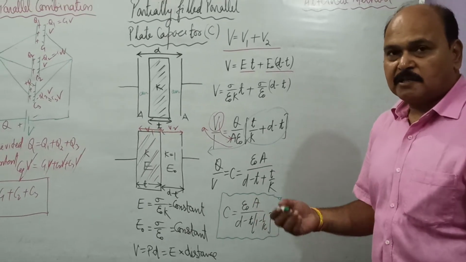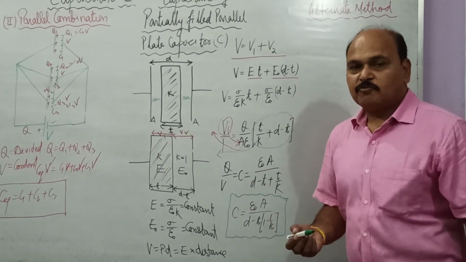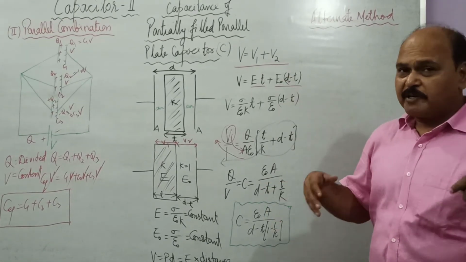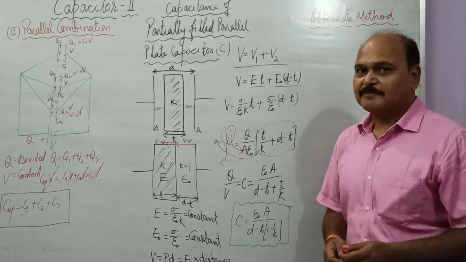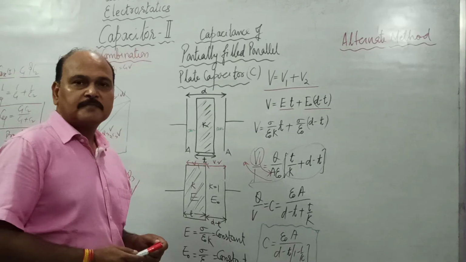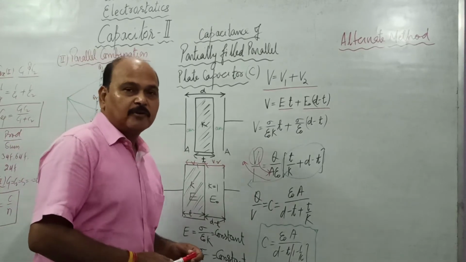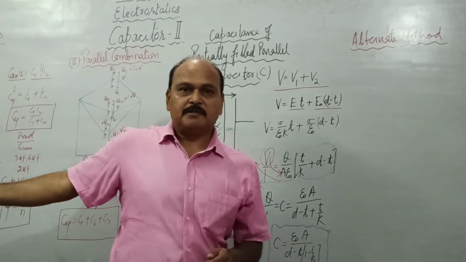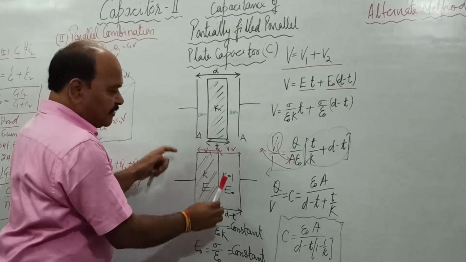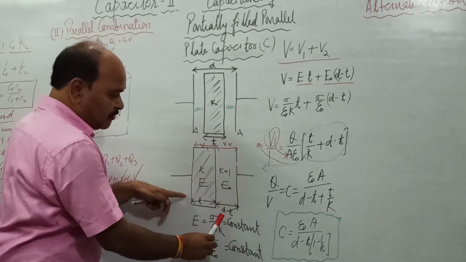Well, there is another way we can work it out. So what is that? Alternate derivation. I hope this derivation is clear, but there is one very simple derivation which you can work out, since you have just learned series and parallel combination. In this alternate method, we are going to use the result of series combination. See, this dielectric can be shifted towards left. If it is shifted towards left, the diagram looks like this.